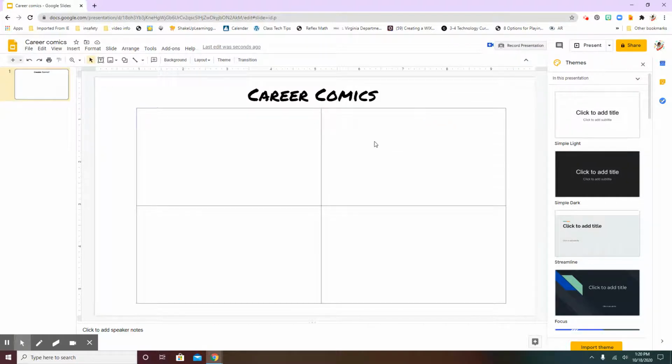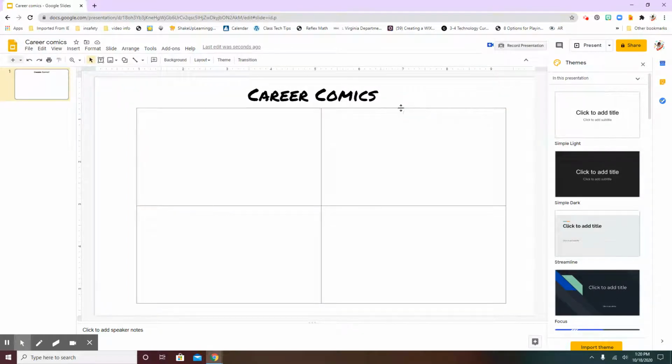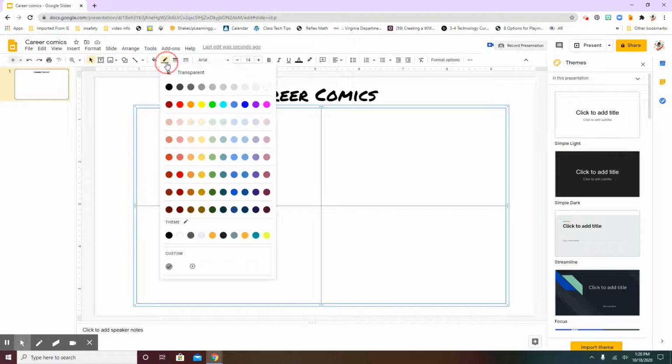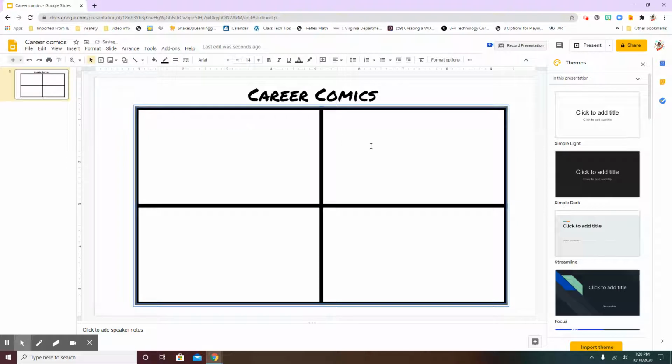So you're going to click that. And you're going to select a border weight. And let's go with 8. Now, if you want to, I'm going to undo right here. Now, if you want to change it to a different type weight, you can do that as well, okay? All right, so I'm going to get out of here, just click it, and let's see if this works again. We're going to go to black, and we're going to go to 8. Okay, so now that we have our border weight here, we have our career comic title here, we're going to